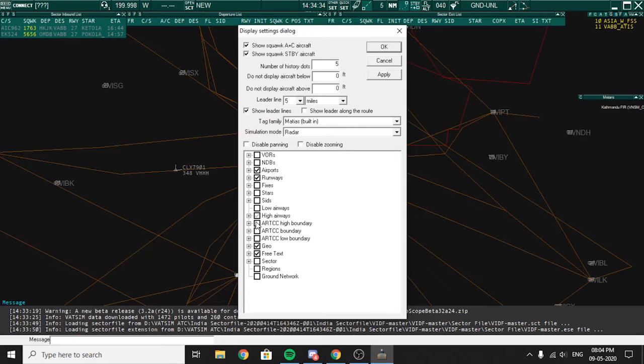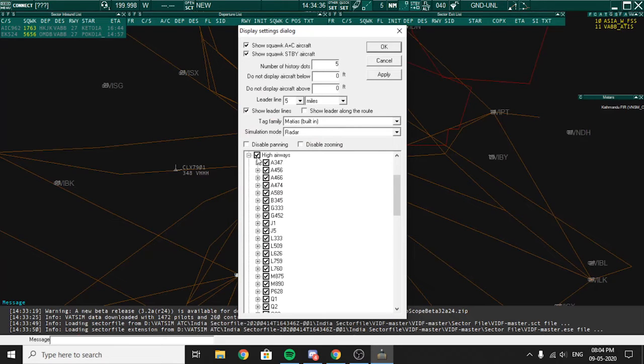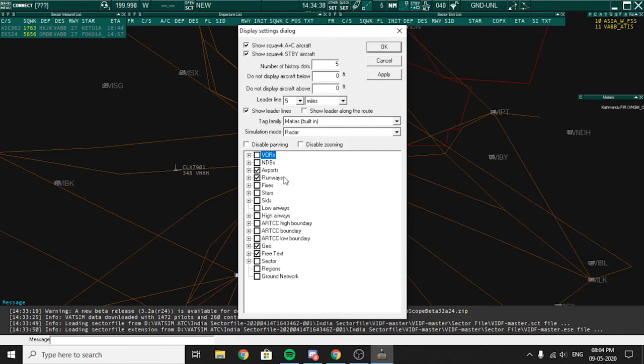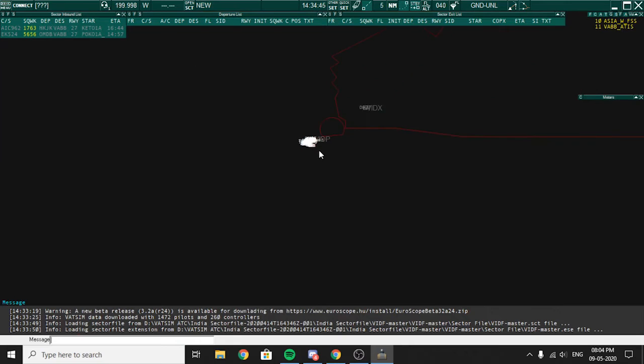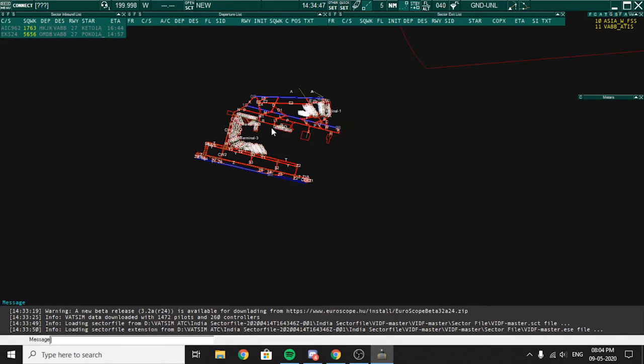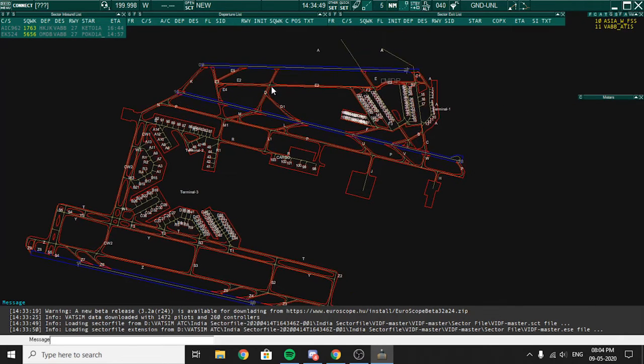Also select the high airbase: airports, runways, geo, free text and ground network, apply. Okay, and then zoom in. There comes the airport layout.